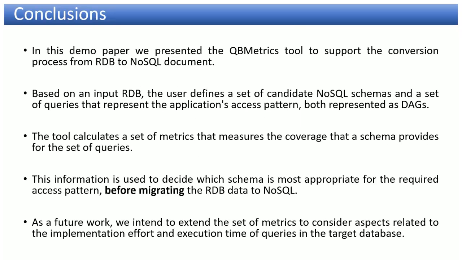And finally, conclusions. In this demo paper, we presented the QBMetrics tool to support the conversion process from RDB to NoSQL document. Based on an input RDB, the user defines a set of candidate NoSQL schemas and a set of queries that represent the application access patterns. Both schemas and queries are represented as DAGs. The tool calculates a set of metrics that measures the coverage that the schema provides for the set of queries. This information is used to decide which schema is most appropriate for the required access pattern before migrating the RDB